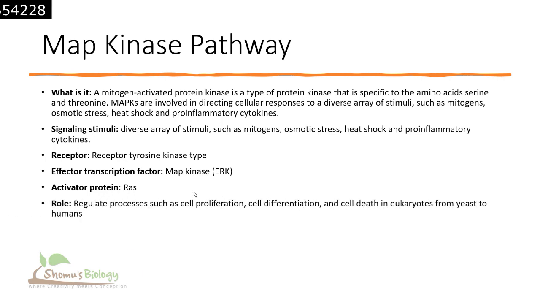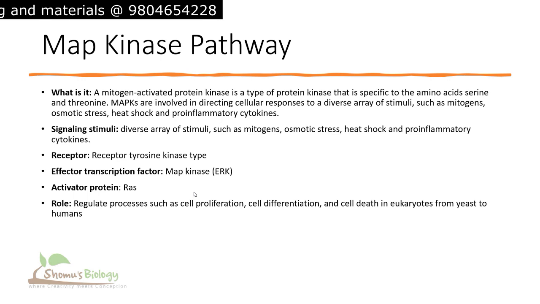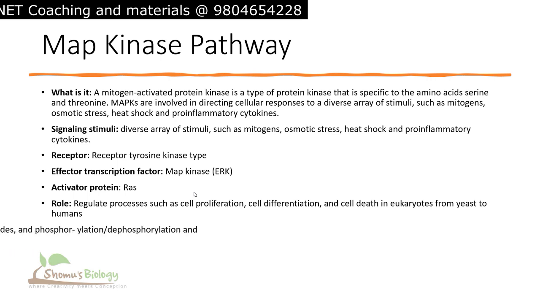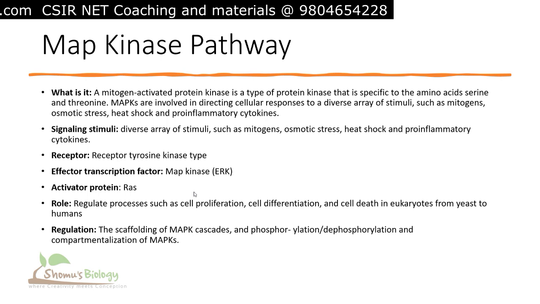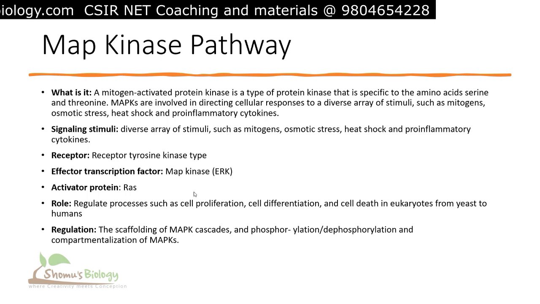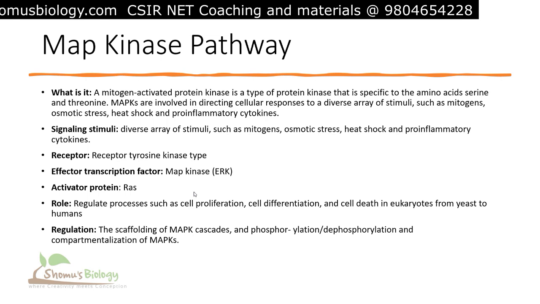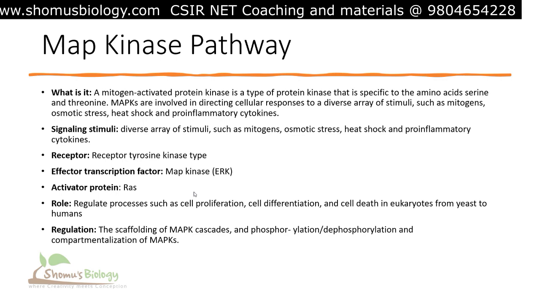The role of MAP kinase pathway is to regulate processes such as cell proliferation, cell differentiation and cell death in eukaryotes from yeast to humans. Basically these pathways are always related to cell growth, cell division and cell proliferation. The regulation is done through the MAP kinase cascade or MAPK cascades via phosphorylation, dephosphorylation and compartmentalization of MAP kinase